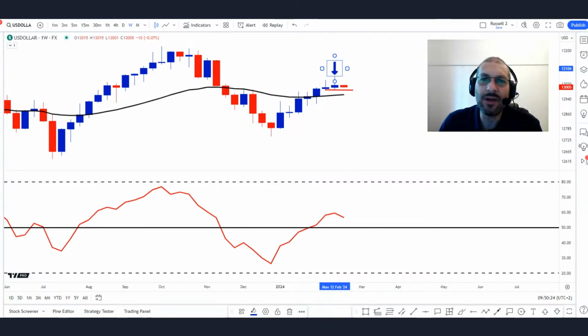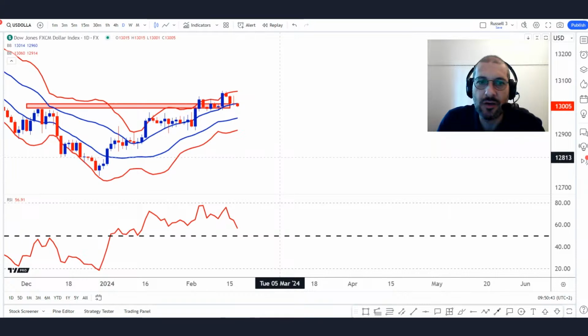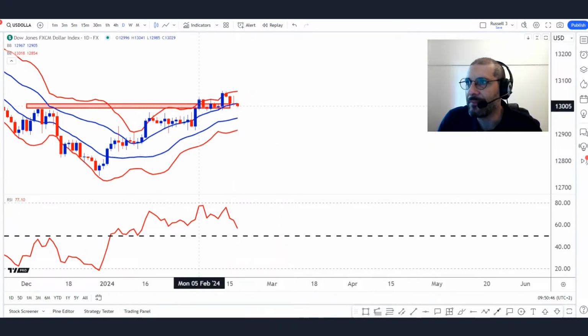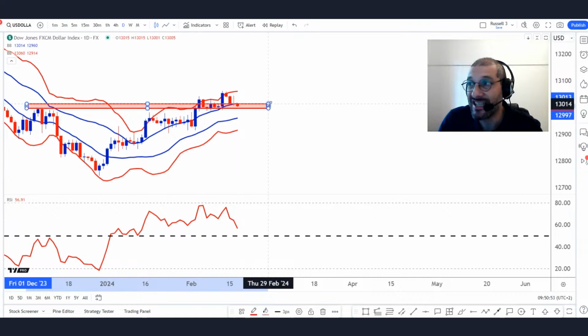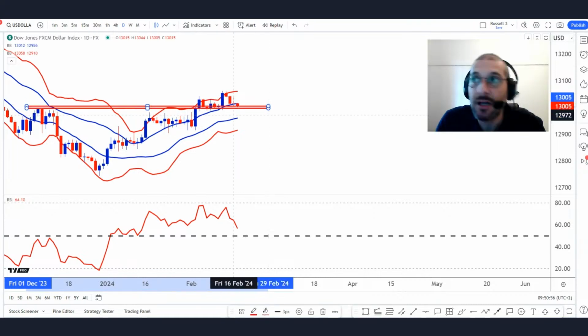Okay, so bear with me while I bring up US dollar daily. And here we're looking at the zones. Okay, so this is US dollar. You can see here is the resistance area. We put the resistance area in maybe 2 weeks ago. It kind of has put a ceiling on how high the dollar can go.